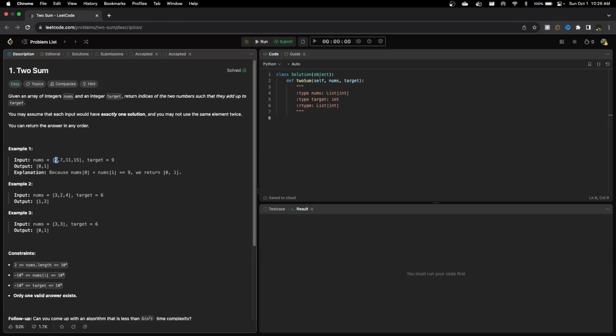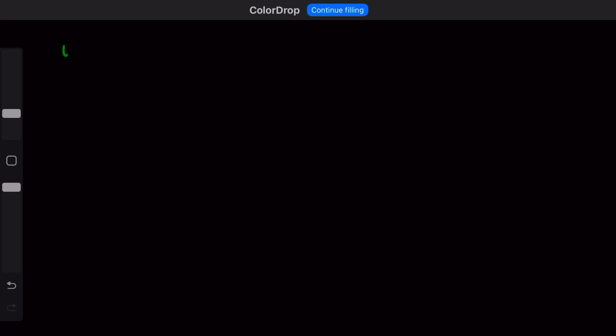In this case, 2 and 7 add up to the target 9, and we're returning 0 and 1. So you start 0, 1, 2, 3, and you return 0 and 1 because these two add up to 9. Let's try to see if I can make that simpler. Let's go to the blackboard, and you're given nums is equal to, in this case, 2, 7, 11, and then